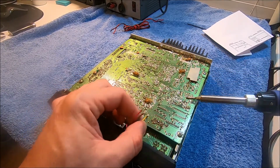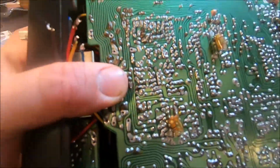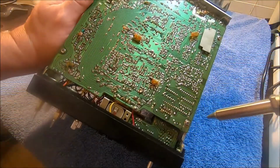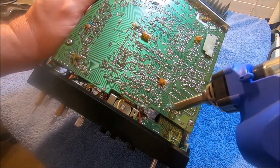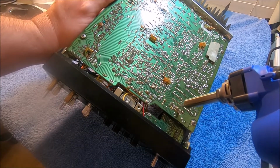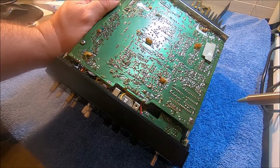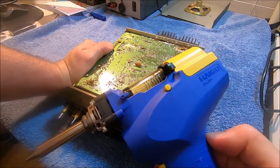Man, those look awful. This whole trace looks kind of awful. We'll get it fixed up. Wow, look how good that actually does. Look how much that cleans everything right out for you. That's our C band right there. We're going to resolder that after the fact, but my goodness,